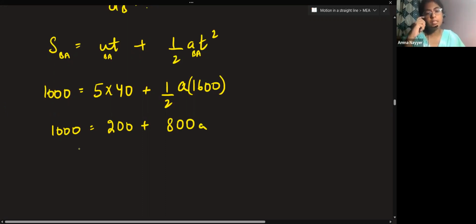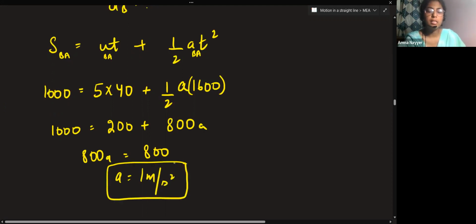This becomes 800A. This is what? This is also 800. So acceleration comes out to be 1 meter per second square. So 1 meter per second square is the minimum acceleration that has to be taken by car B to cross